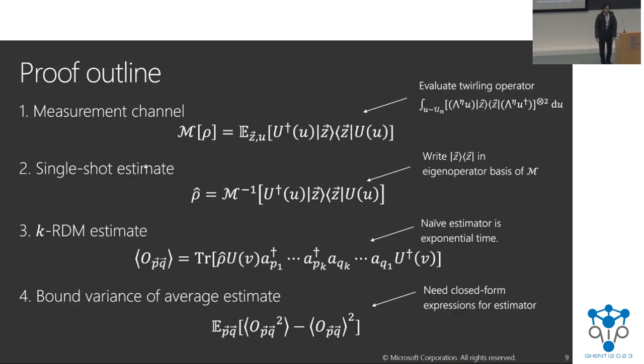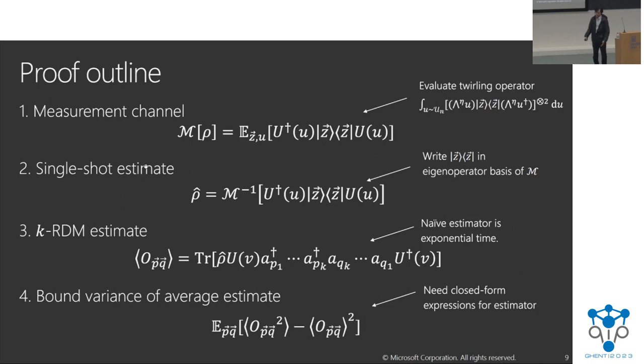So how does the proof work? Kiana went over the outline of how shadows work, so I'll briefly go through these again and point out the main differences. So this procedure of applying a basis transformation and measuring can be represented as a quantum channel. That's M of rho. Rho is your quantum state. In principle, if you could invert this measurement channel, then you would get your estimator for rho. That's the classical shadow. Once you have the classical shadow, you could in principle just compute a trace of this very big matrix, which you have classically computed, with any observable that you care to put inside, in this case,